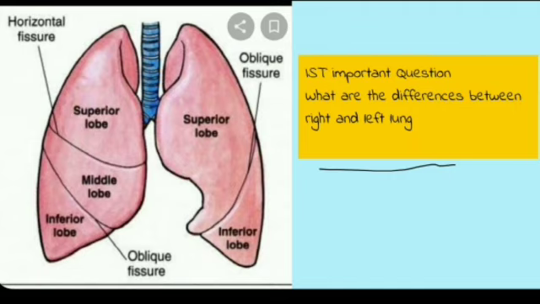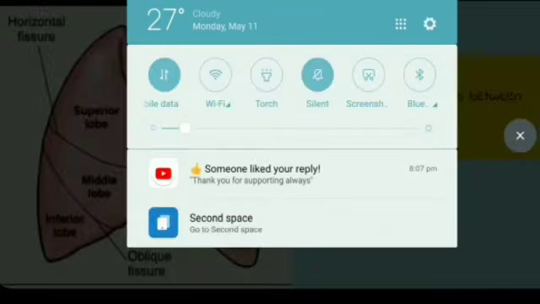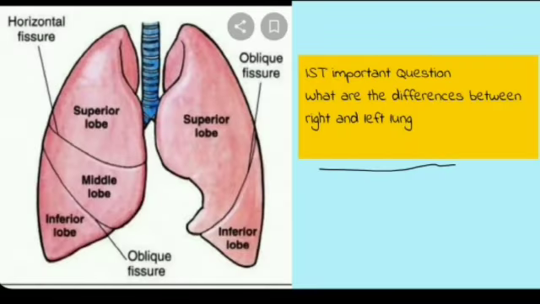And you can see from the diagram itself that the shape and size of the right lung and the left lung are different. Why so? Why is the shape of the right lung like this and the left lung has a notch here? The shape and size are different to make space for other organs in the thoracic cavity. For example, we have a diaphragm beneath the lung, and just below the diaphragm there is the liver.